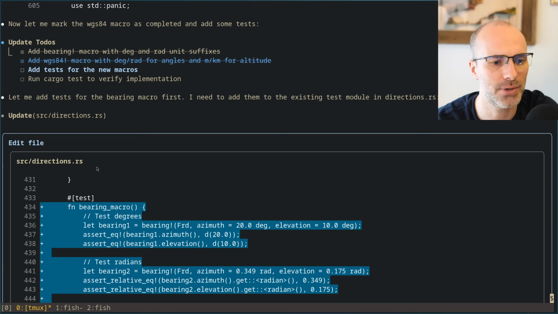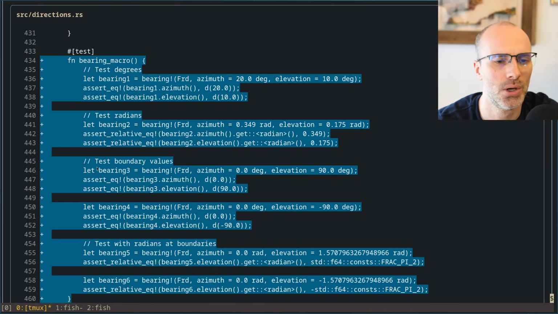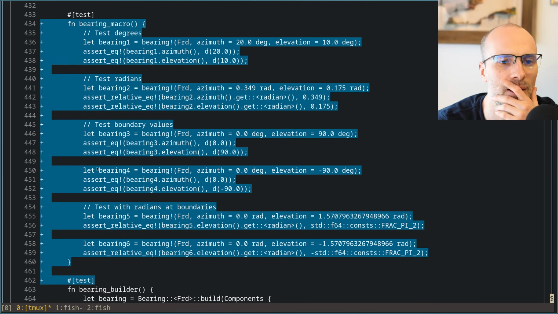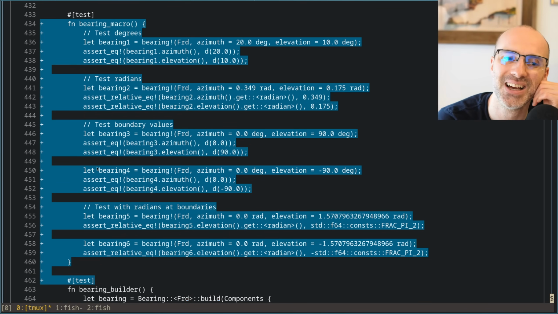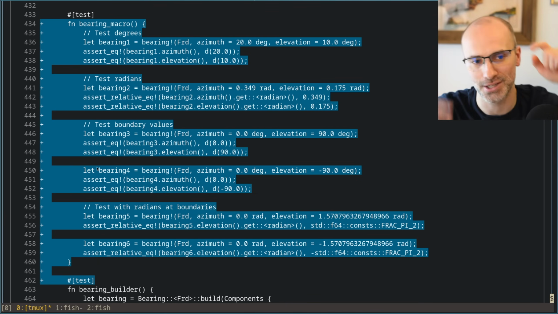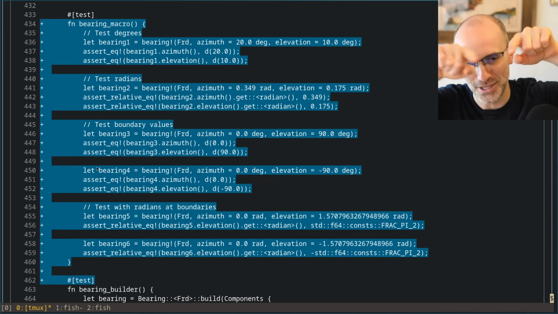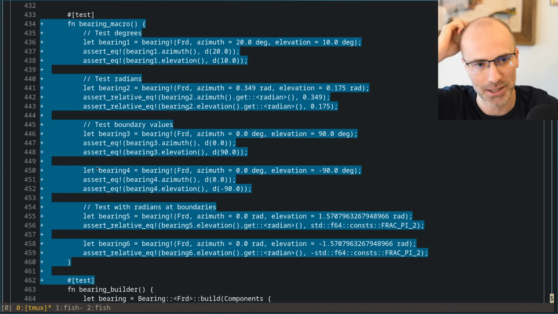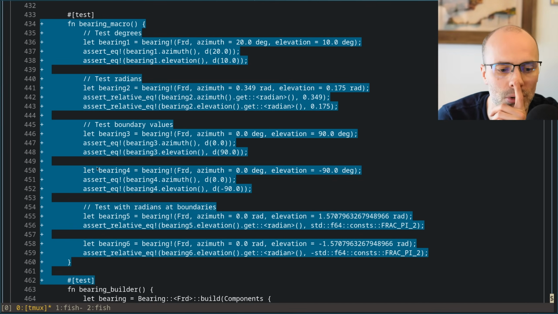Okay, so what do we have in direction here? Bearing macro. Yeah, I'm still not sure whether I want the FRD in there or whether I want the user to have to write let bearing1: Coordinate<FRD> equals and then the bearing constant.